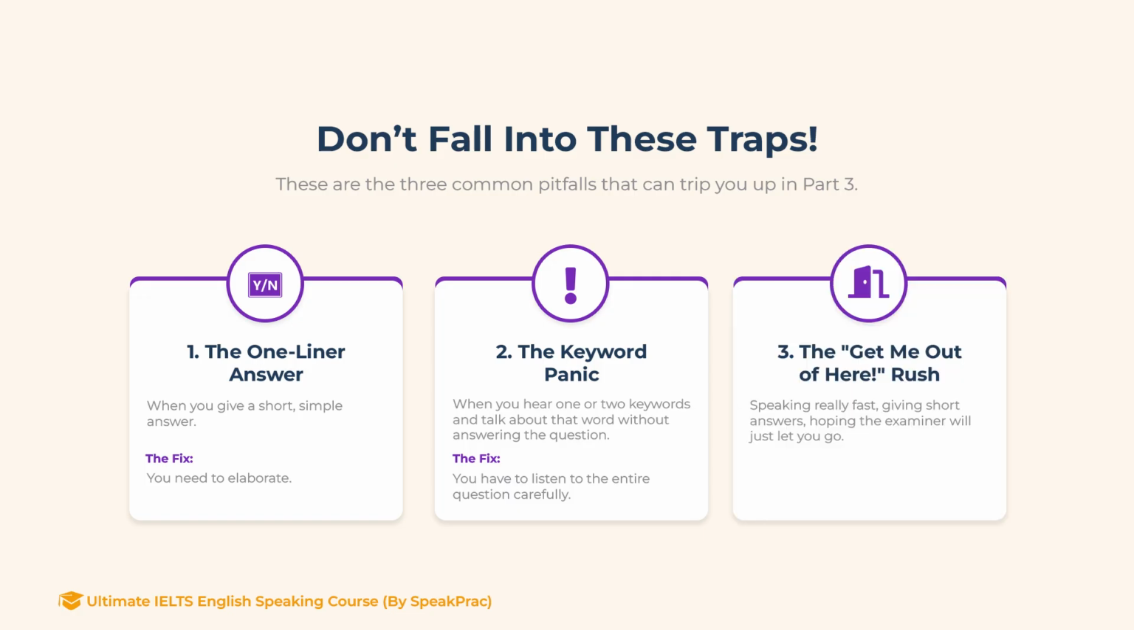Trap 3, the get me out of here rush. I know, the speaking test is stressful. By the time you reach the end of IELTS Speaking Part 3, your brain is fried, and you just want it to be over. So a natural reaction is to start speaking really fast, giving short answers, hoping the examiner will just let you